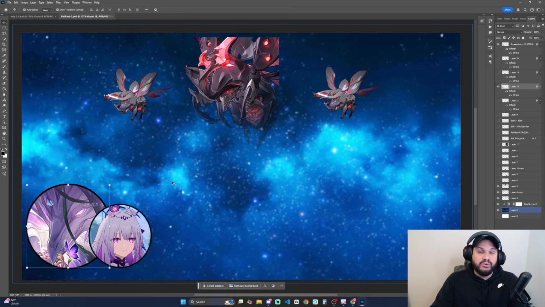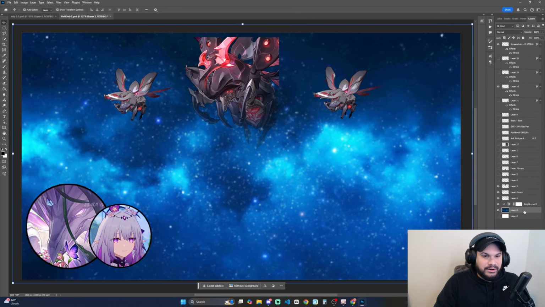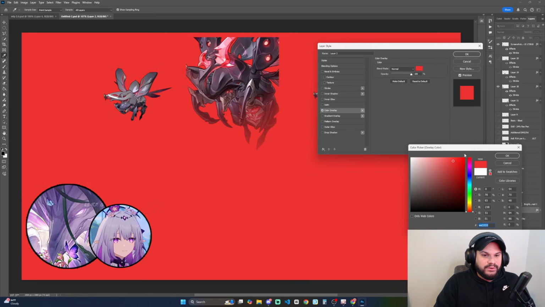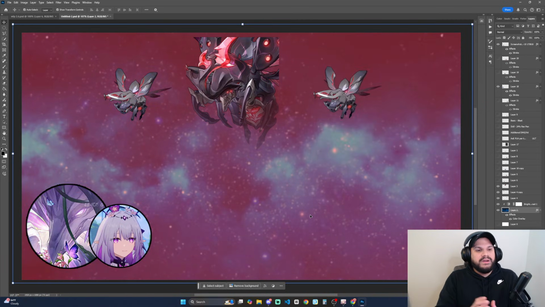Once the dragon is summoned, you're going to enter this battle state, which I'm going to represent by giving this layer a color. Let's give it a red color, and then we're going to drop the opacity a little bit, like this. So whenever the dragon is out,